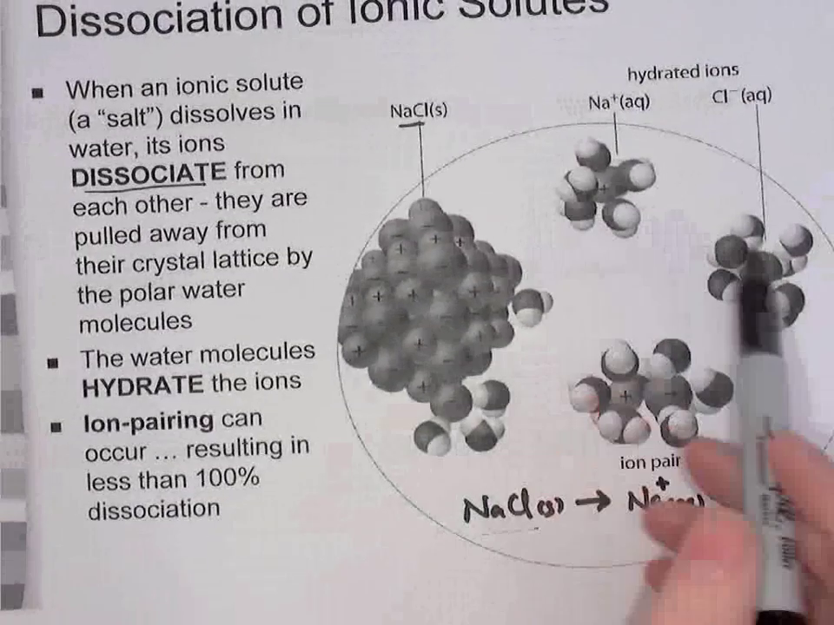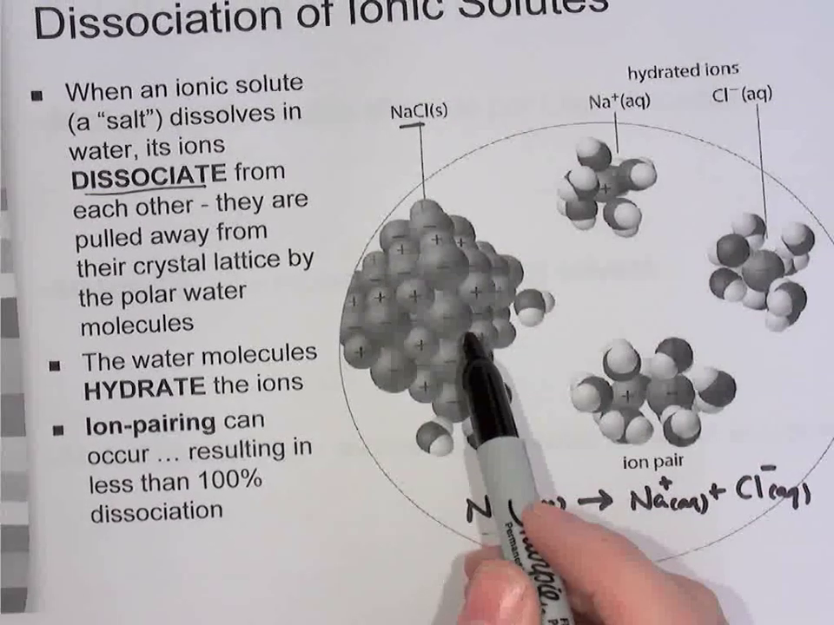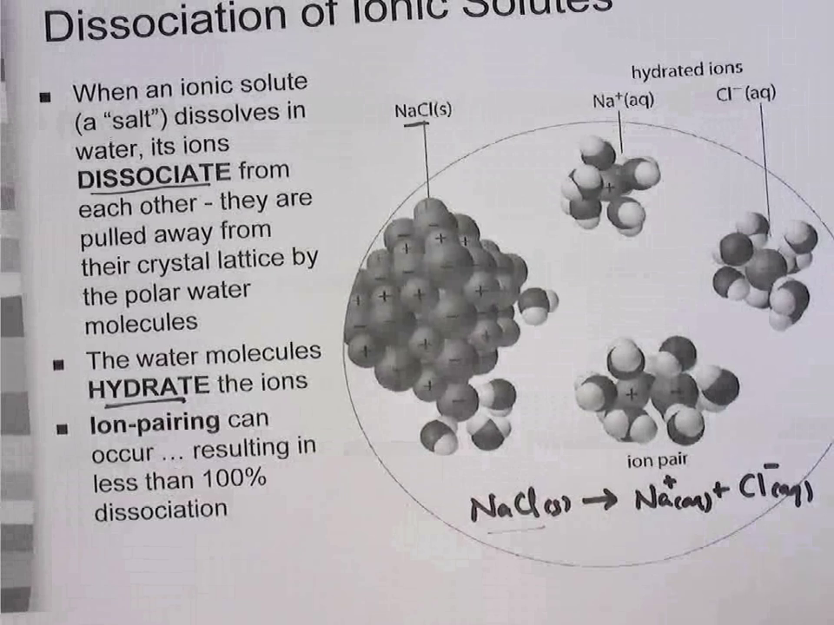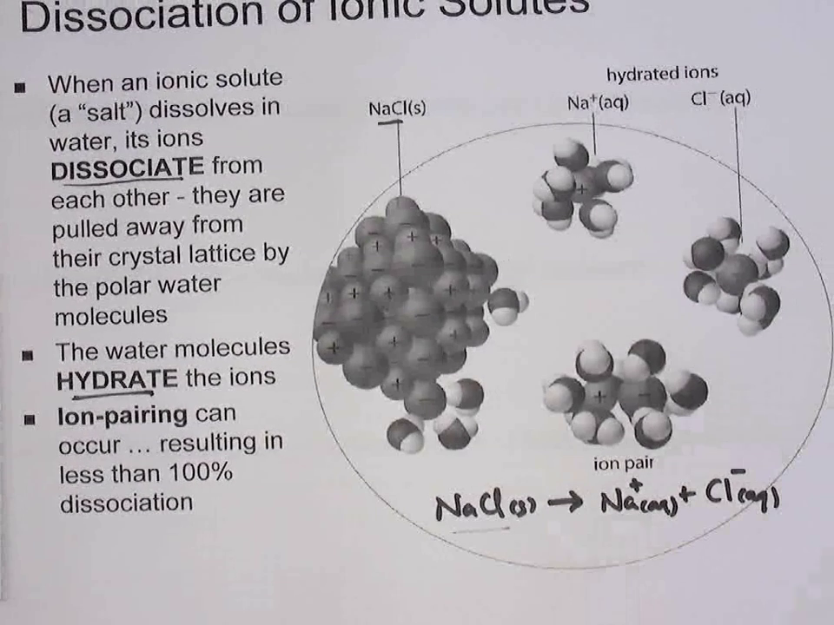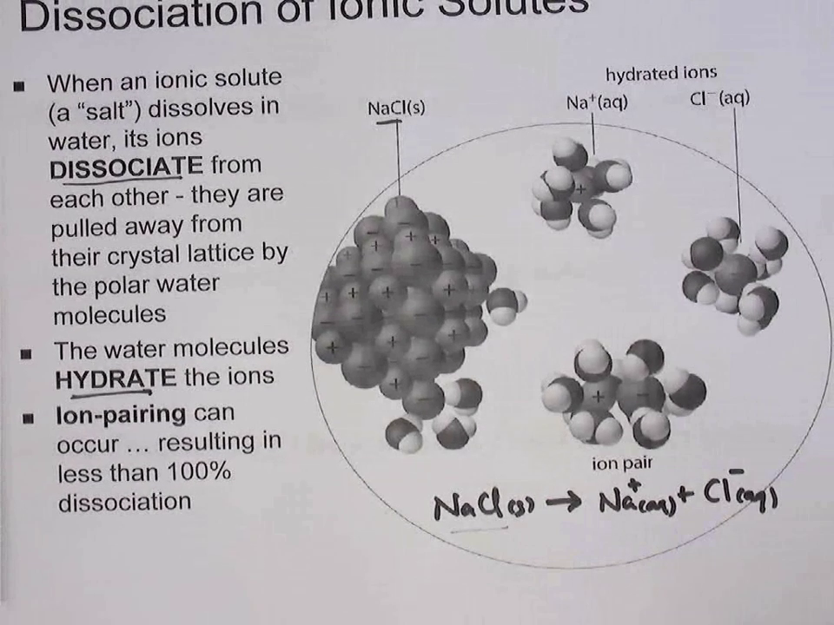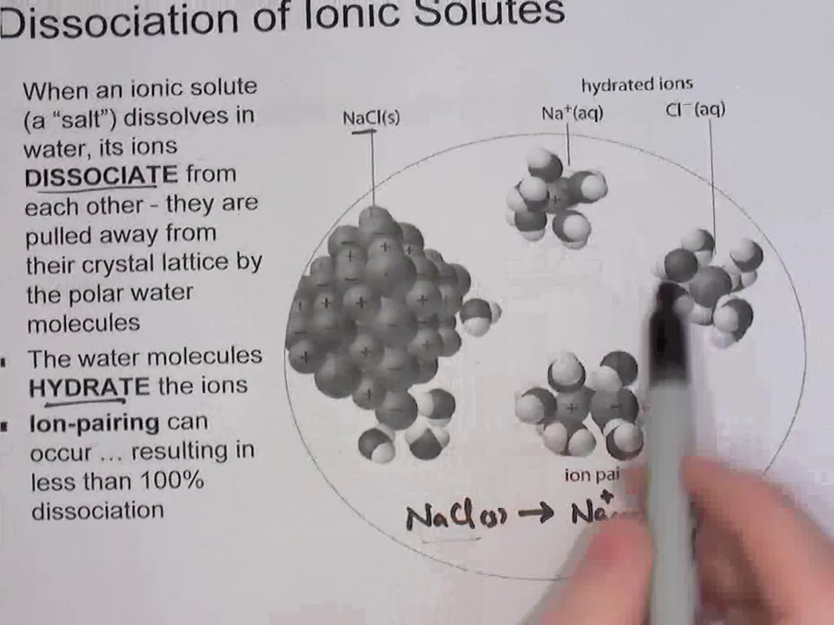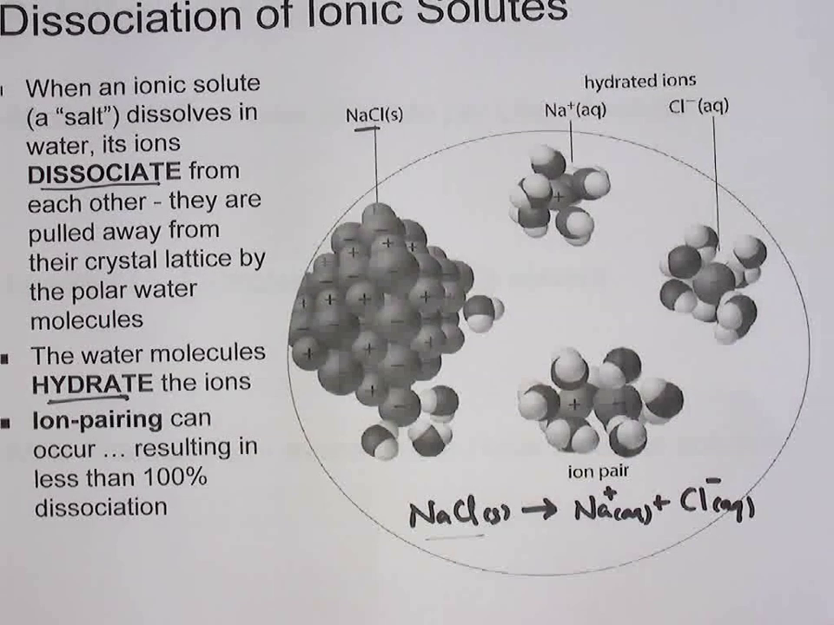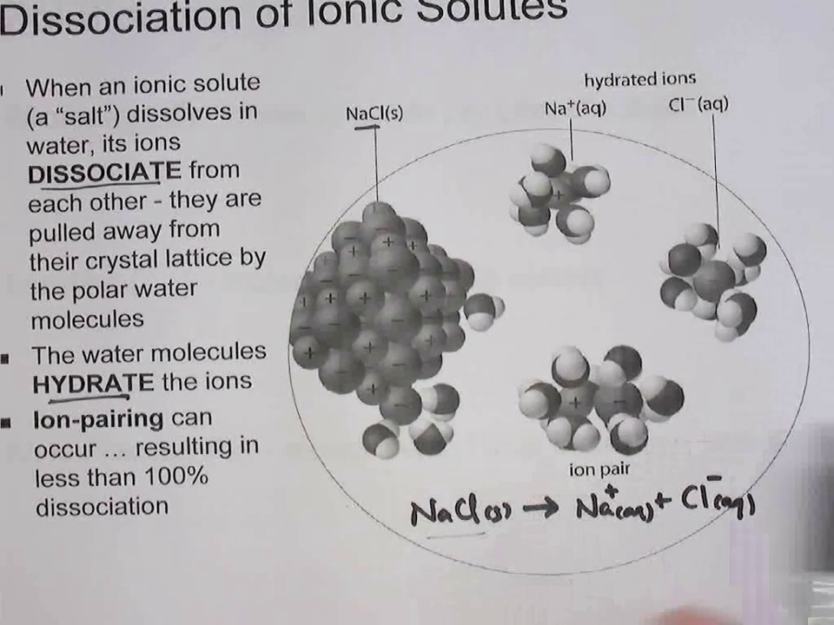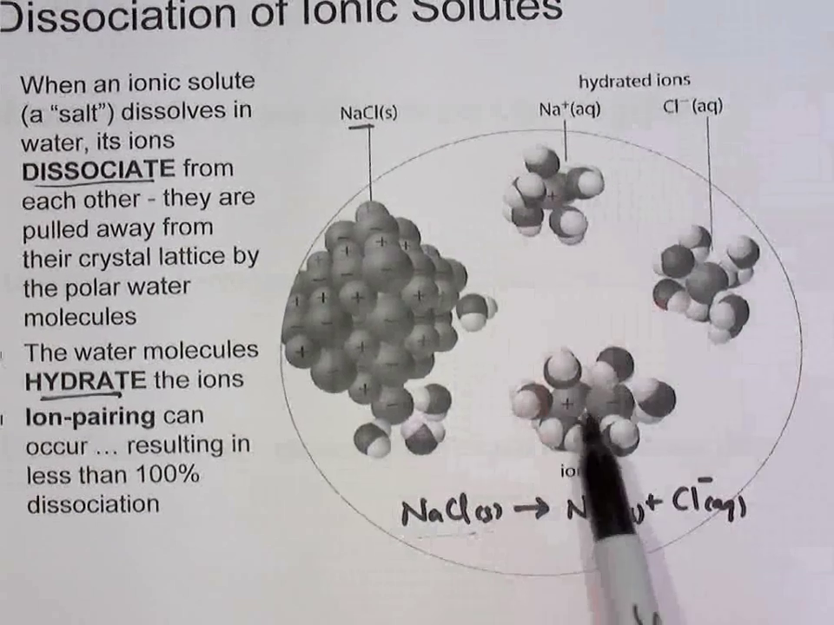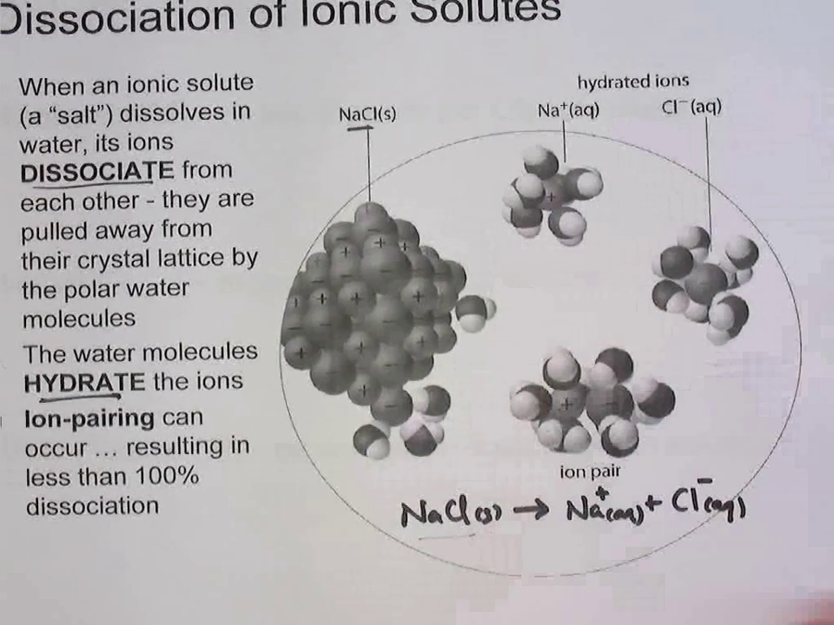We say that those ions, after they've been pulled apart and surrounded by water molecules, are then said to be hydrated. So hydration is the surrounding of ions in solution by the water molecules in that way. Now we usually assume that dissociation is 100%. We usually assume that when a salt dissolves, all of its ions dissociate and get pulled apart completely from each other